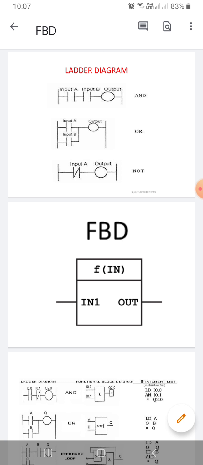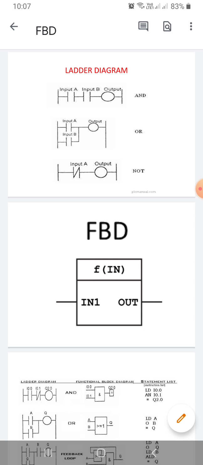One of the primary benefits of the standard is that it allows multiple languages to be used within the same programmable controller, and this also allows you to select the language which is best suited for the particular application or for the particular task for which the programming is required.